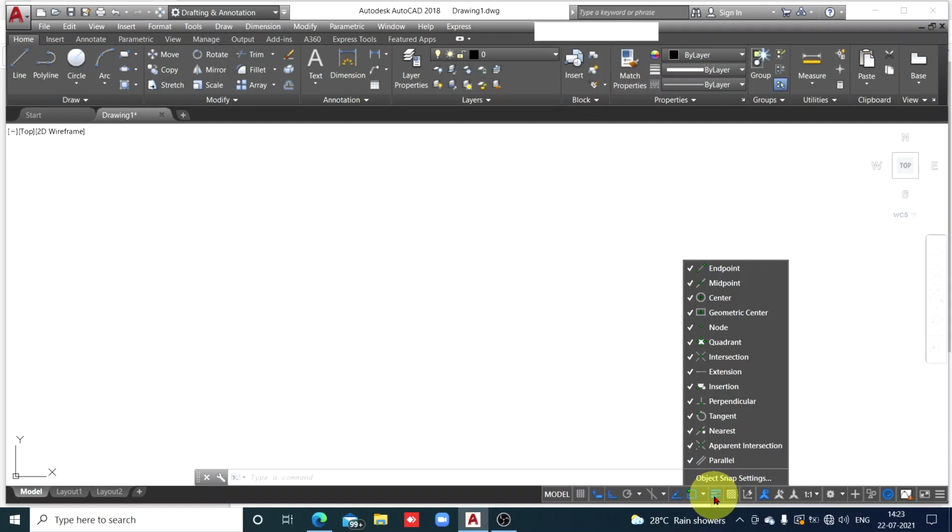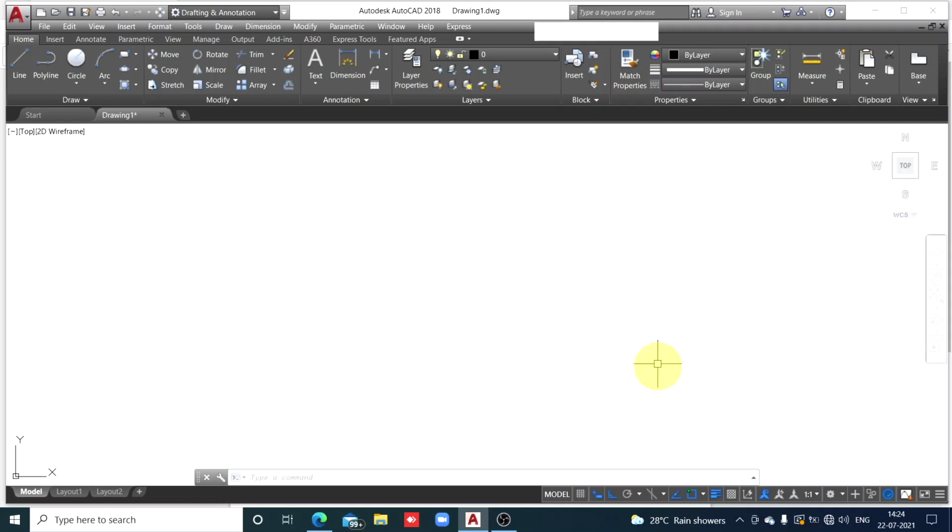Also, it is better to keep this line weight key on. So this is what I have told you while solving problems on orthographic views. But now one very important thing, check this toggle key. When you move your cursor to this toggle key, computer tells you that this is isometric drafting key and it is off right now. So make it on, and when you make it on, immediately check the hairlines in the cursor. They have changed their orientation to isometric view.